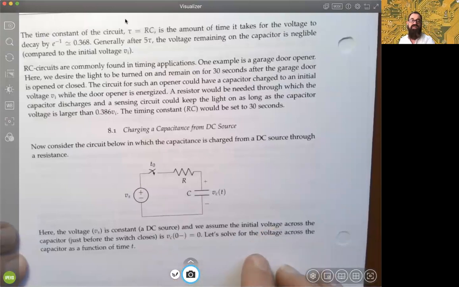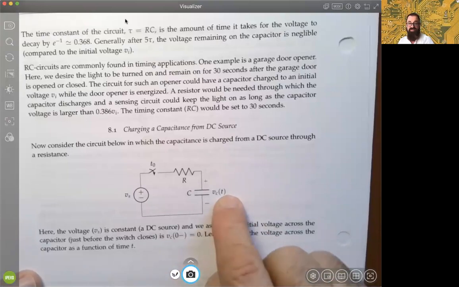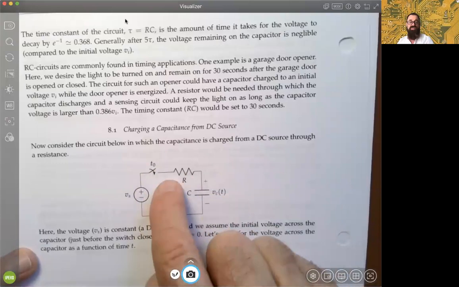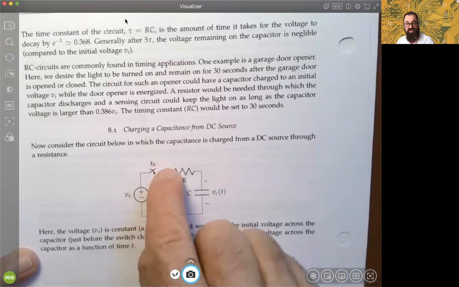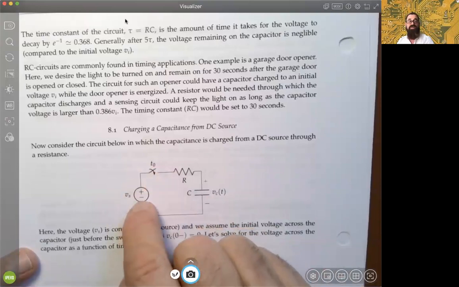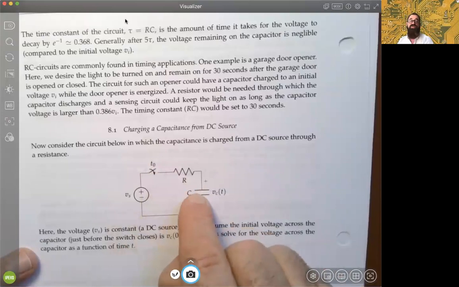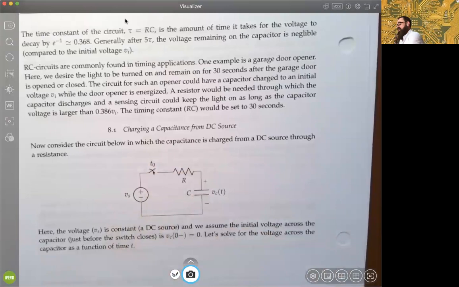So what we want to do now is solve for the voltage across the capacitor, where let's say there is no voltage on the plate. You close the switch, and you start delivering, in other words, you start discharging the energy from the voltage source. It's absorbed by the resistance, and you're going to absorb it by the capacitance. These two are in series, okay? All right, so